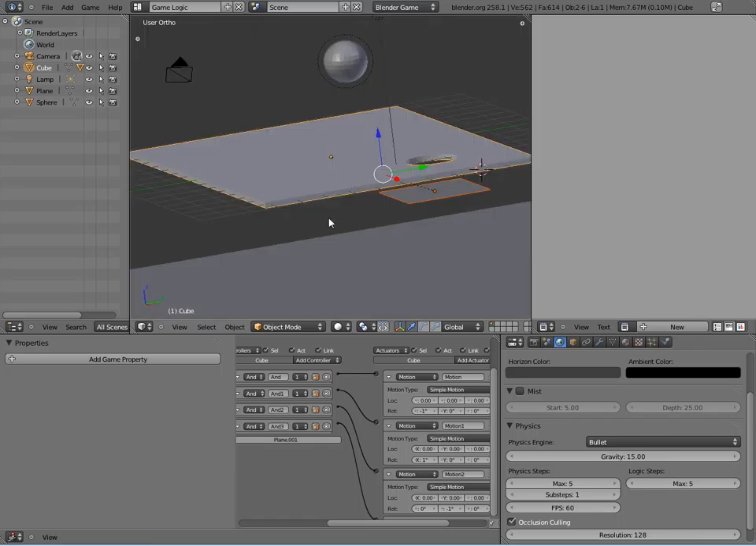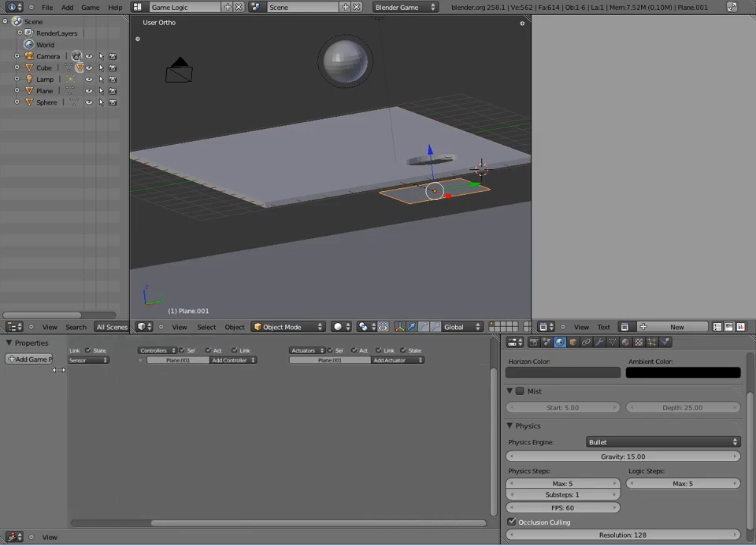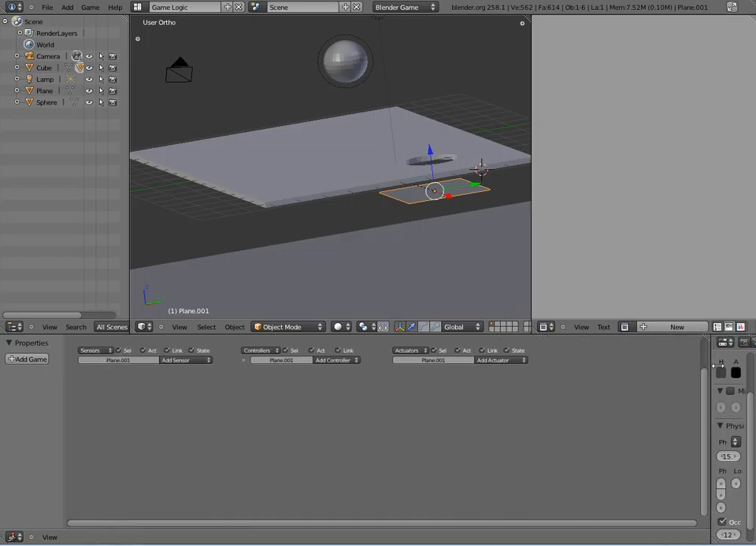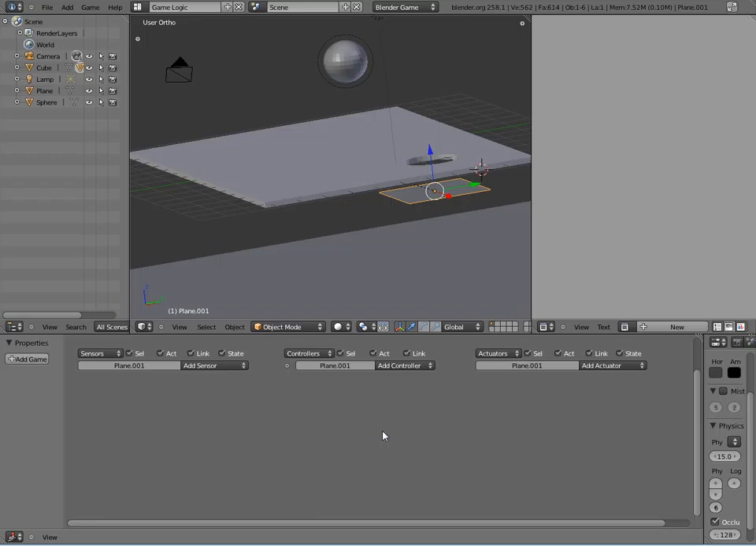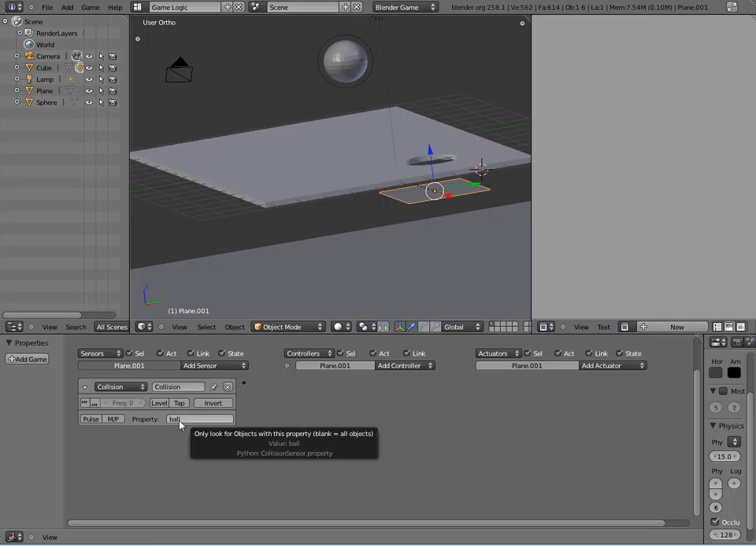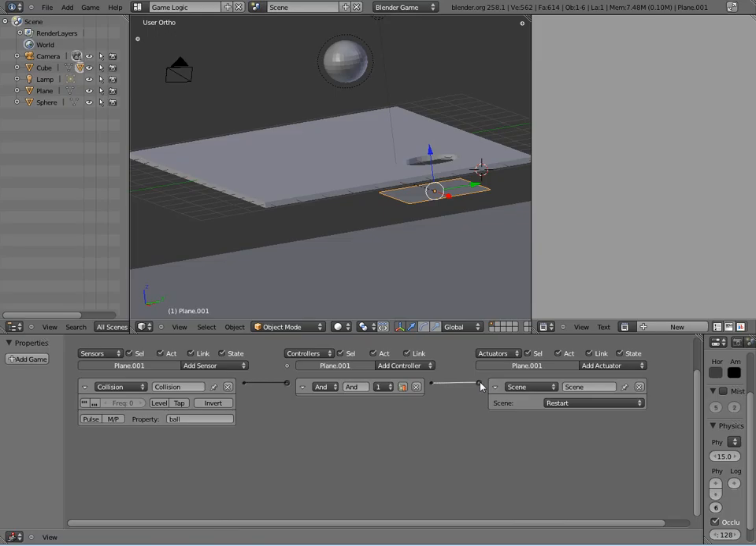Okay, so now that we've got that set up, we can add some logic to this plane. So I'm going to right click to select the plane and open up my logic bricks panel. Okay, just zoom that a little bit so we can see it a little more clearly. So I'm going to add a collision sensor. It's going to detect a collision with the ball, or at least the object that has a property called ball. I'm going to add an AND controller, and then a scene actuator that will just restart the game when the